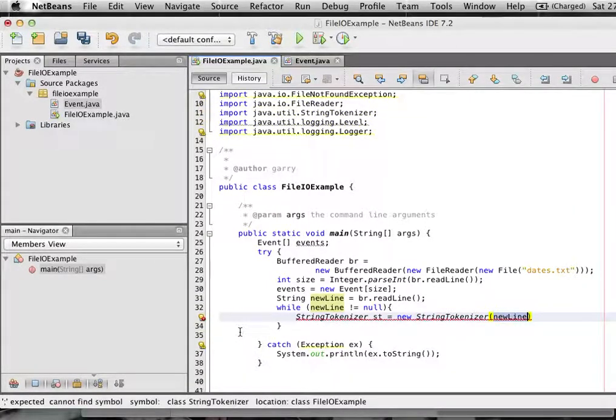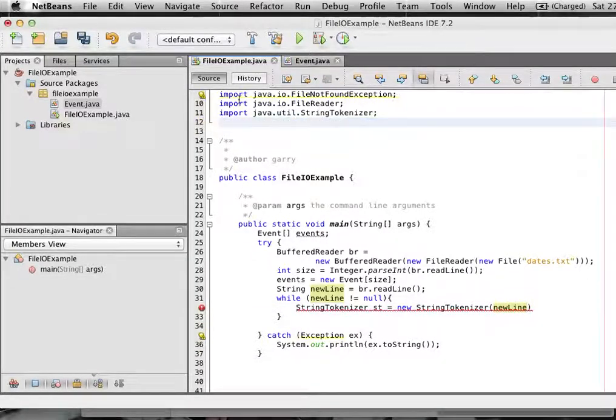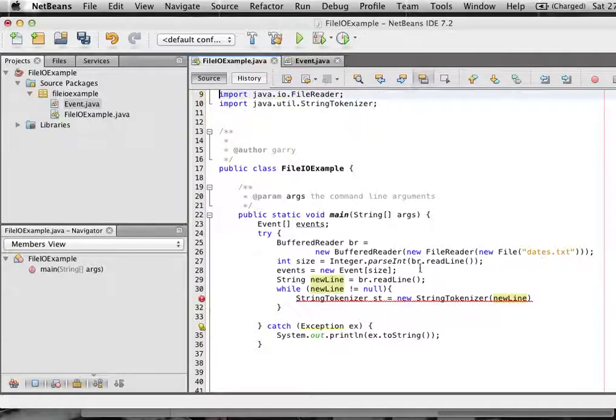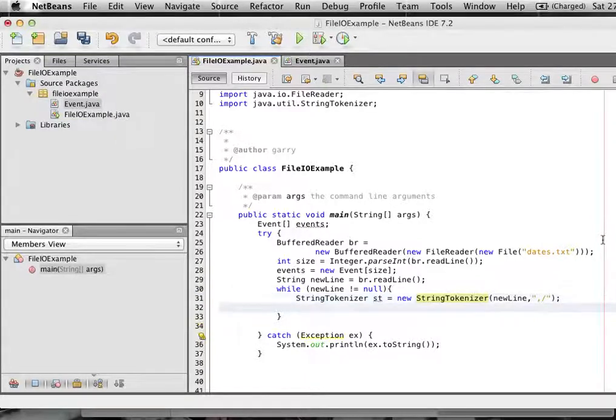And we need to add the import. We've got a few unused imports up there, so I'm going to get rid of them. And what we need to do is specify how the tokens are split up, or what the separators are. So we'll follow this with, I think there's a comma used between the date and the figures in the description of the event, and there was a slash used within the figures in the date. So if we include both of those, then what we can do is say something like string